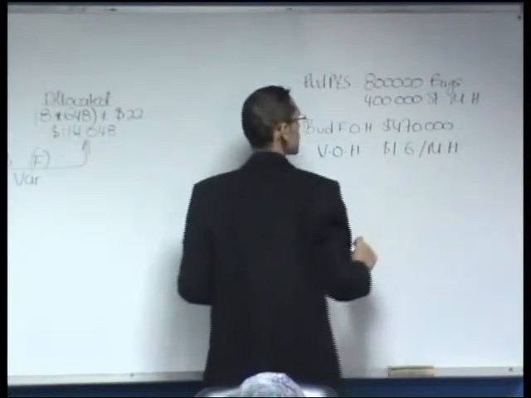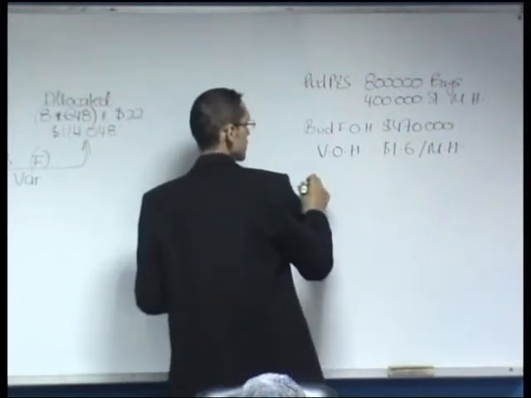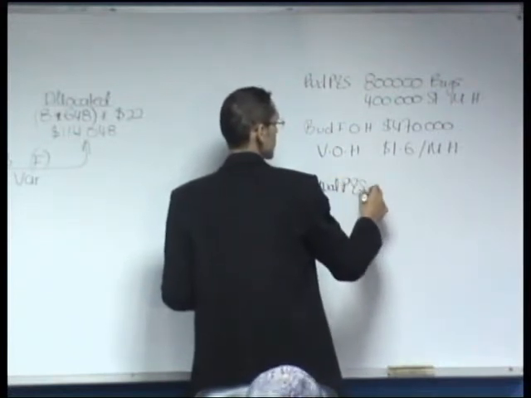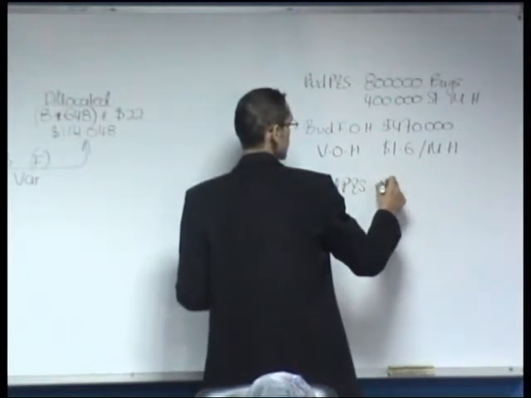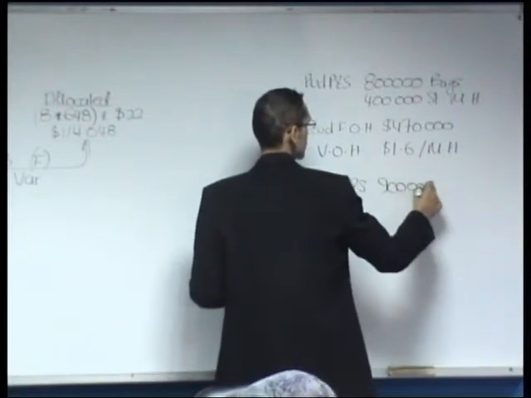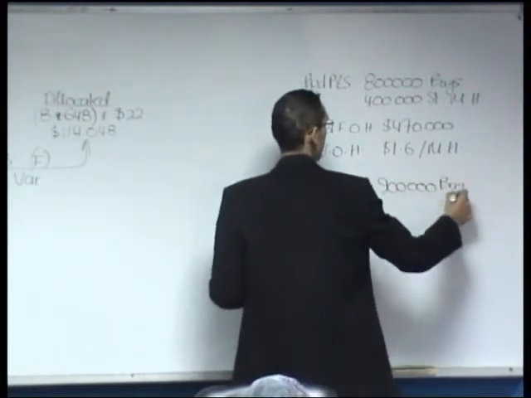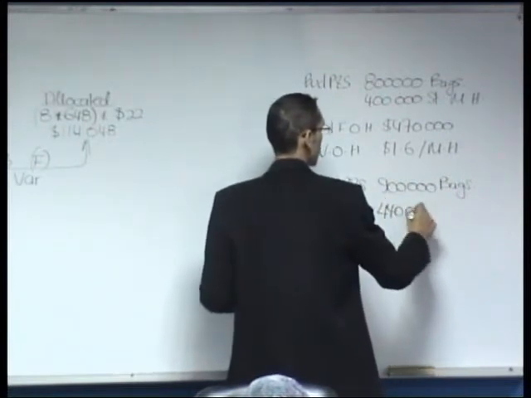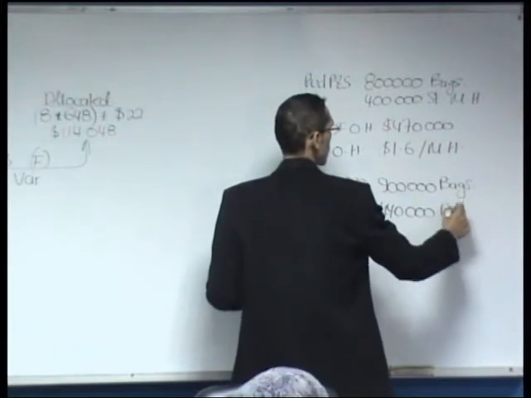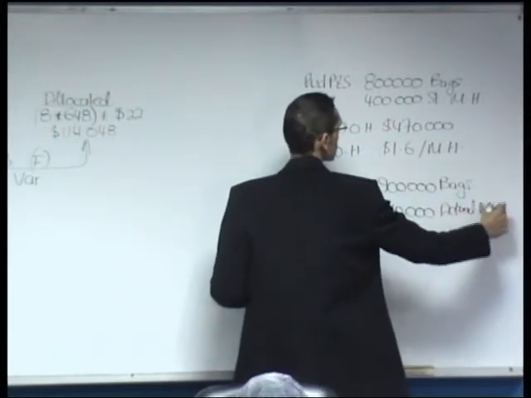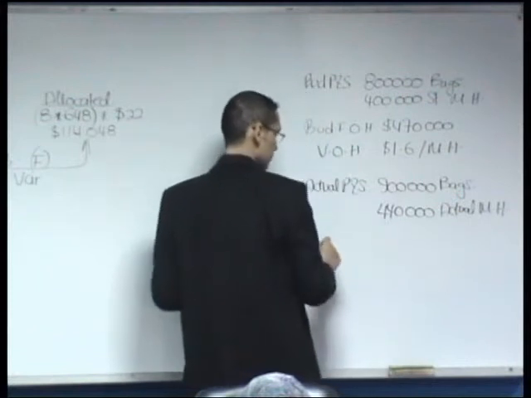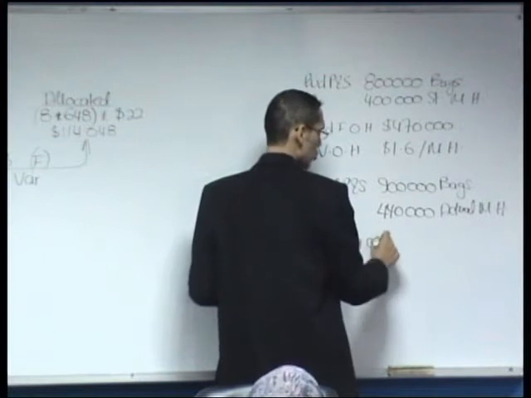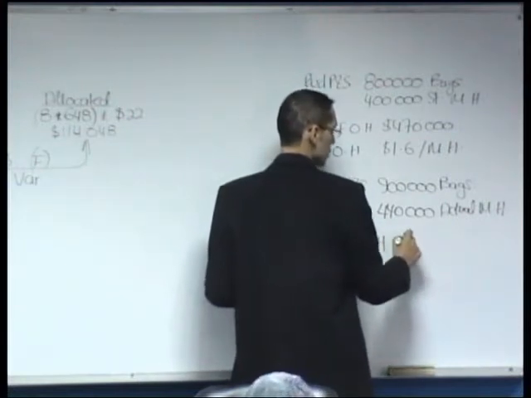Because of the increased demand, actual production and sales of bags for 2010 are 900,000 bags, using 440,000 actual machine hours. Actual variable overhead costs are